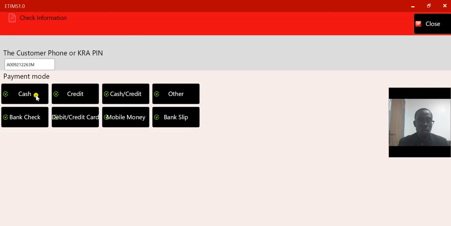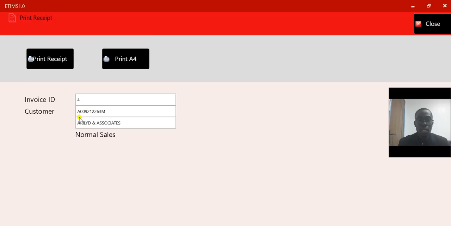How will you receive the payment? How will be the payment mode? Is it cash, credit, other, bank, check? In this case, probably I want it assuming to be on credit. So I'll just click credit. The next stage here will be upon us now to print. In this case, some machines will pick PDF directly. Some machines you'll have to convert that PDF